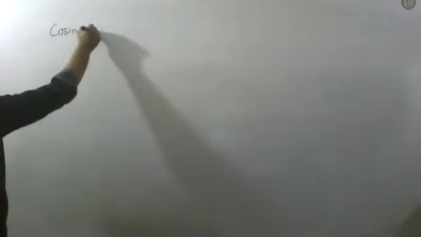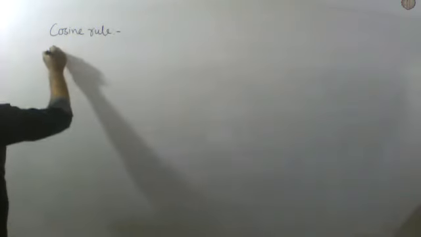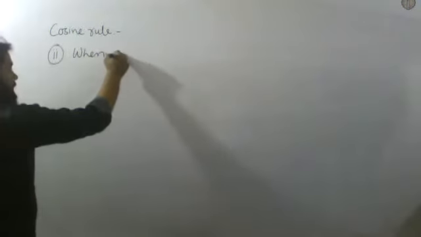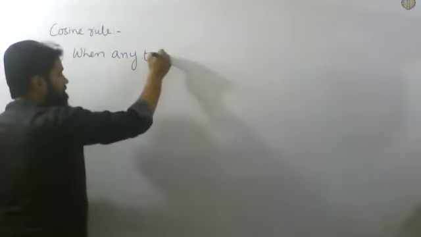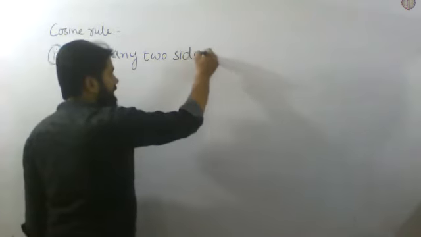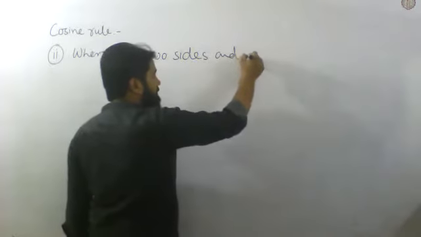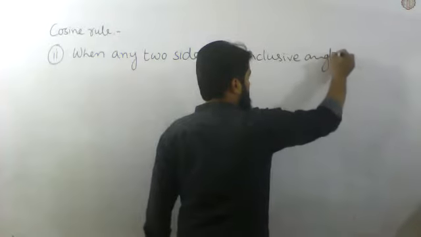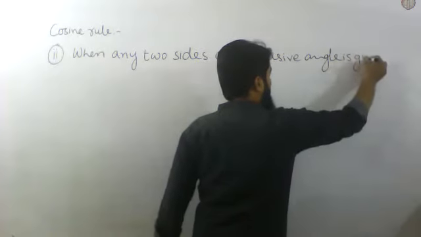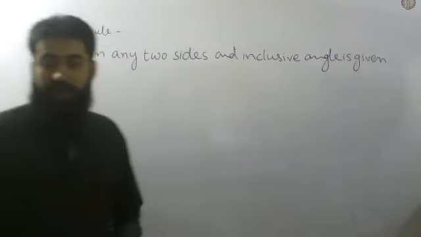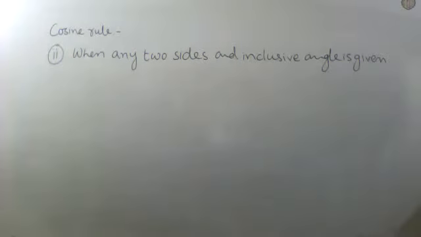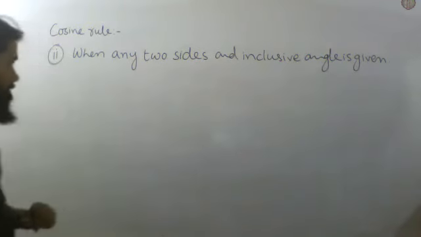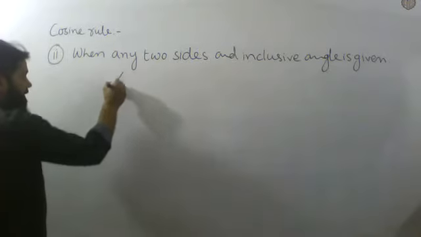Now, cosine rule, condition number 2. When any two sides and inclusive angle is given, then you will apply the cosine rule to find the remaining ones. For instance, if I'm having over here